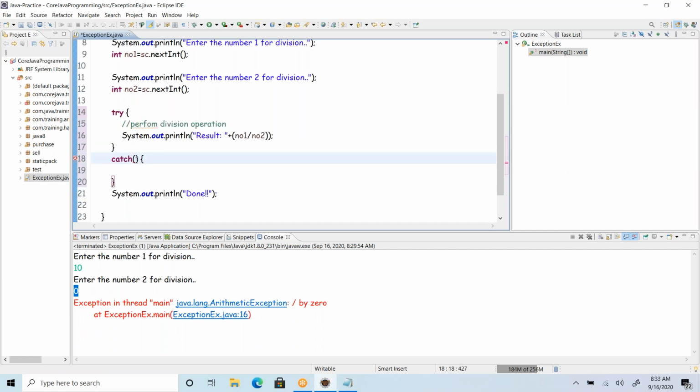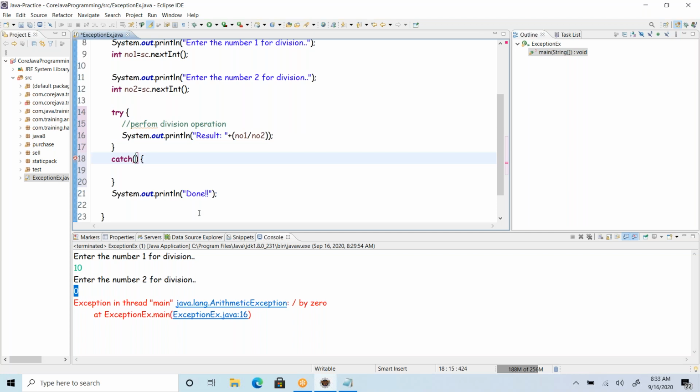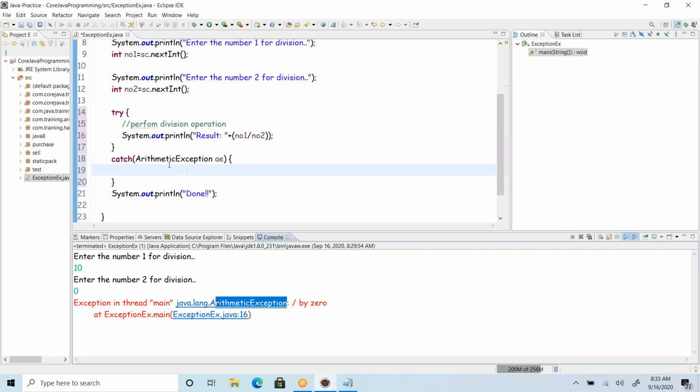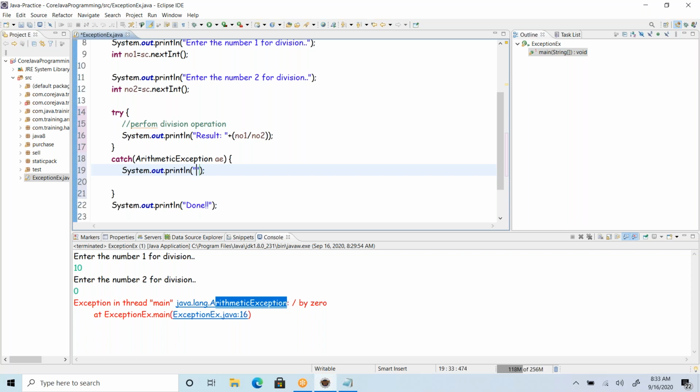So here, what kind of exception might this give? If you know that for sure, then you write the specific error here. Here you are getting an arithmetic exception, so we are handling that arithmetic exception here. What will happen here? If something goes wrong, I'm just informing the user: Hey user,